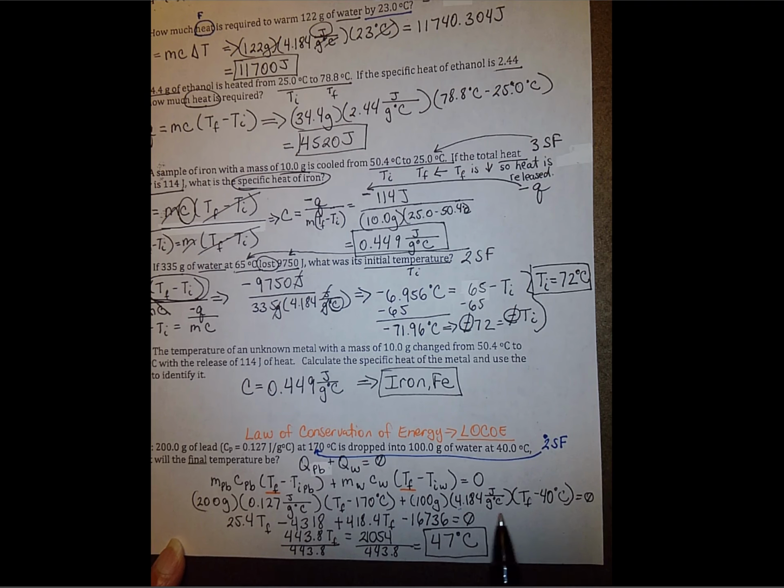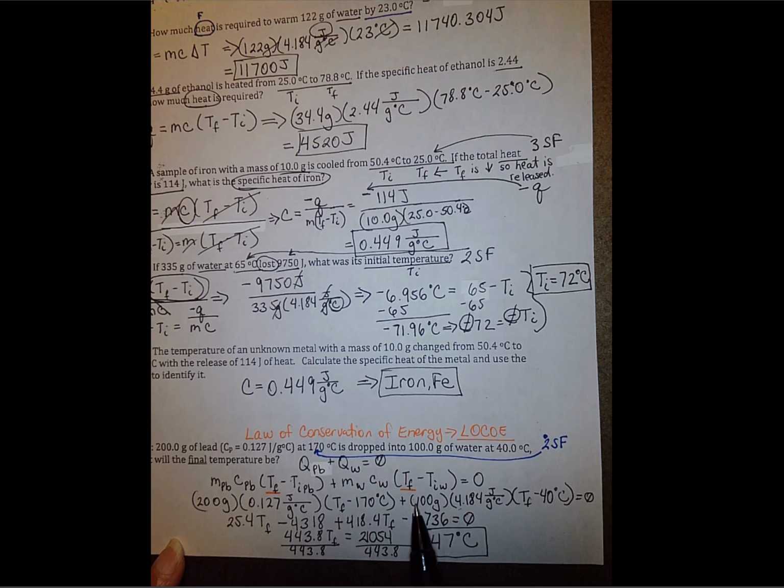Now you're going to multiply through, so you're going to multiply this and you should get about 200 times the specific heat times TF, so you should get about 25.4 times the final temperature. And you're going to once again multiply the mass and the specific heat, but this time by 170 degrees, and you should get, since this is a minus,